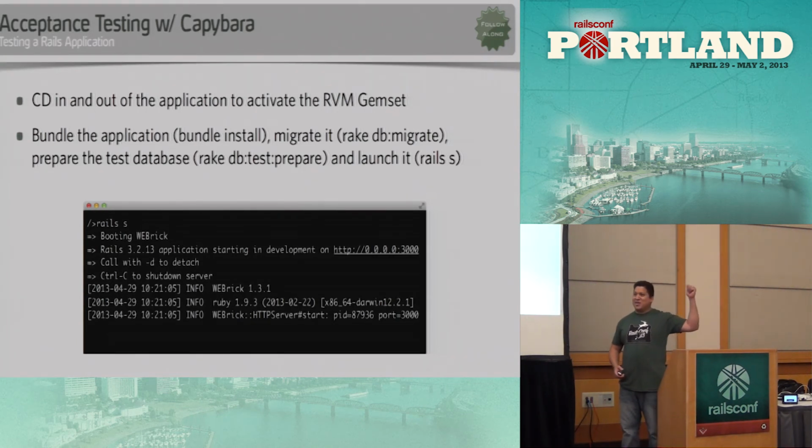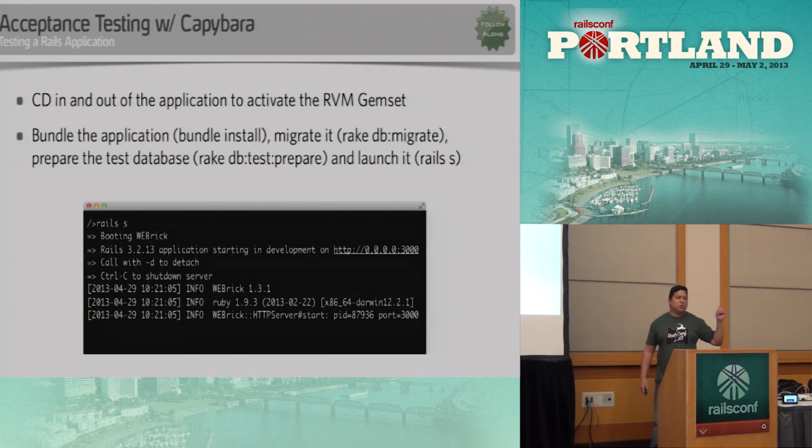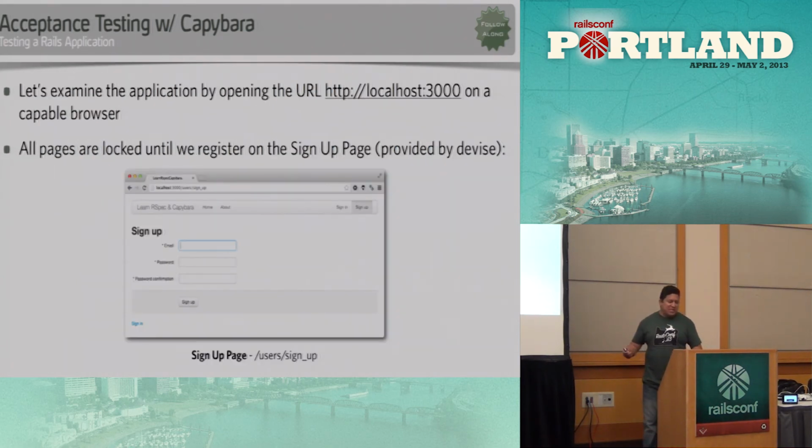So, you guys clone that repo? Excellent. Okay, so like I mentioned before, you want to cd in to the application. You want to bundle install, rake db:migrate, and then rake db:test:prepare. If you work with Rails on a daily basis, I probably don't have to tell you what that means, but I'm using the SQLite database, so this is just creating the DB files that we're going to be playing with, because it would be cruel if I made you have a real database installed on your systems. So if you launch the application, you should see the pages that I just showed you.